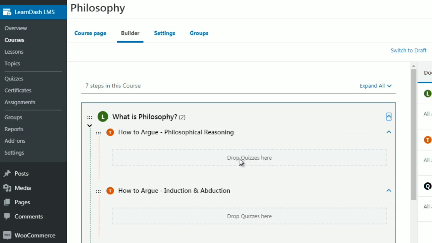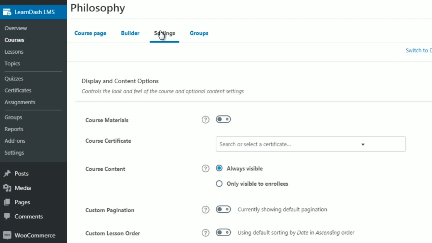And you can drop quizzes in between these videos if you want to do that. So you see why we mapped everything out in the past videos. This way we know exactly what steps to create once we get into LearnDash. So we've got settings